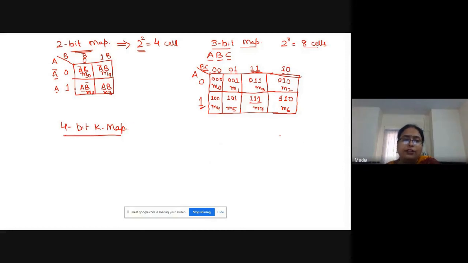And for 4-bit K-map, how many cells will be there? 2 raised to power 4 is equal to 16 cells. How many variables? 4 variables, A, B, C, and D.